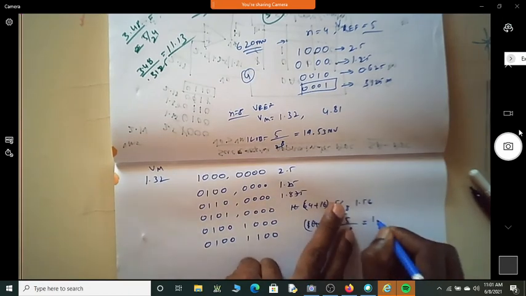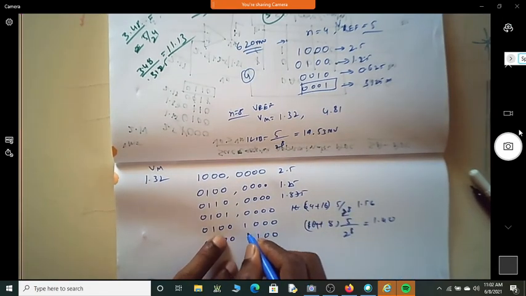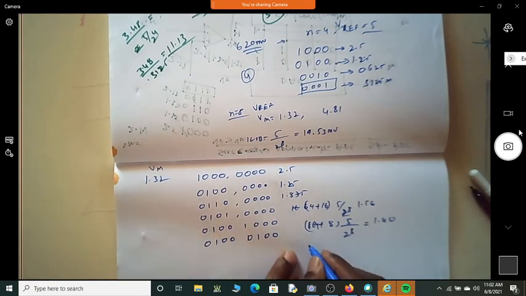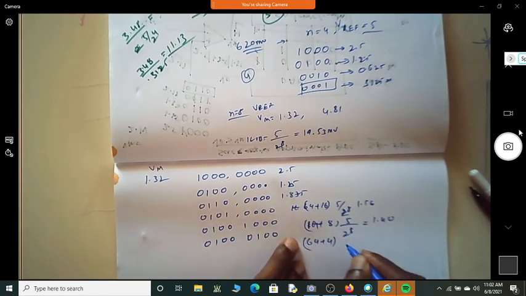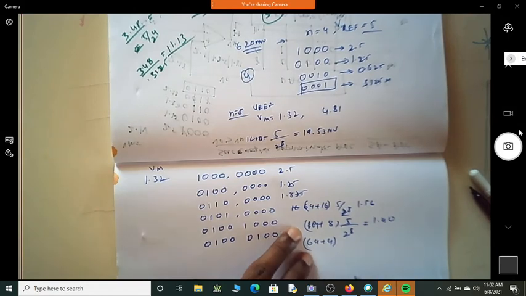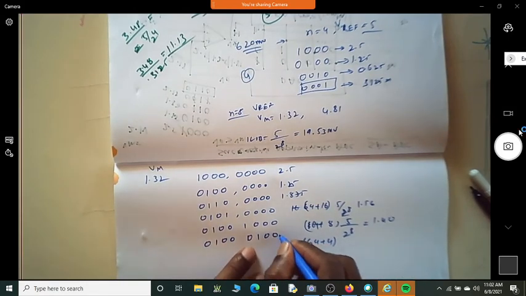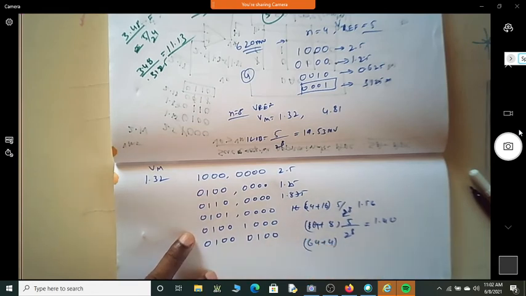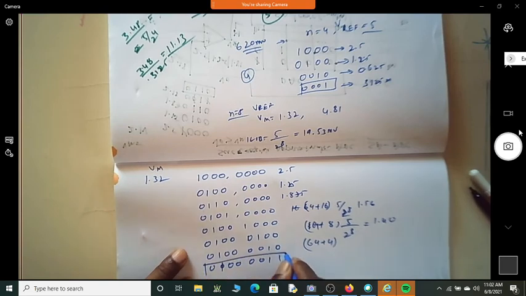1.40. Oh, 1.40 means then I cannot retain this. I have to change this. Correct? Yes, sir. 64 plus 4, 68 into 5 by 2 power 8. I am taking this here so that we do not miss out even small decimals. 1.32, this is perfect. Exactly 1.32? 1.328 means you cannot retain that. This would be the final answer.